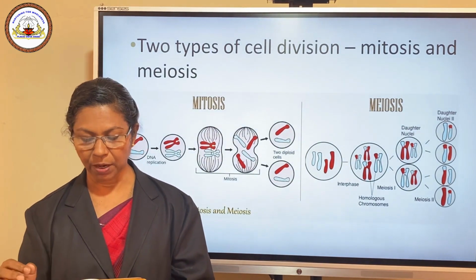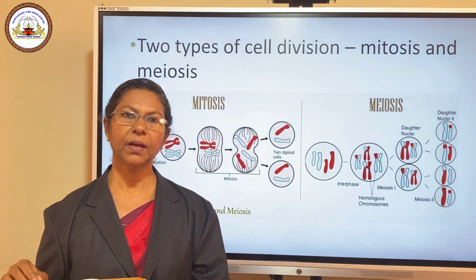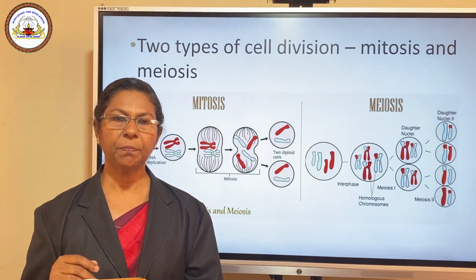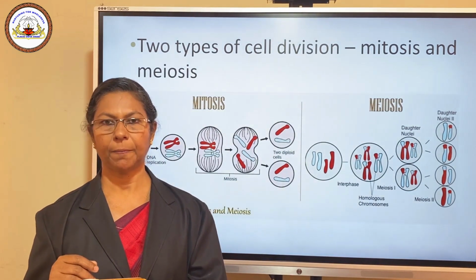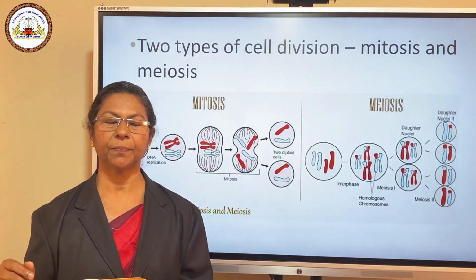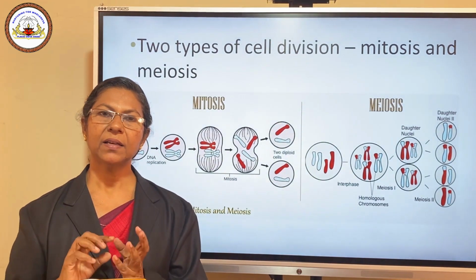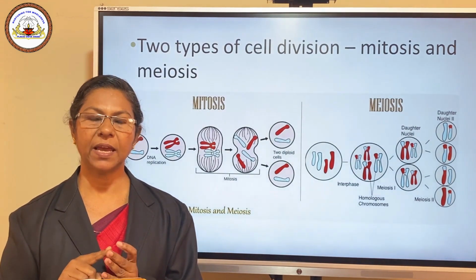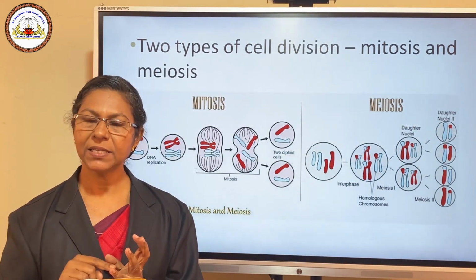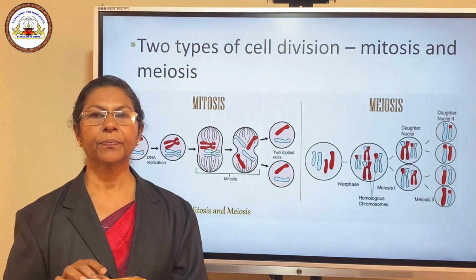Next, we have to study sexual reproduction in flowering plants. What is sexual reproduction in flowering plants? You know that the flower is the reproductive part of an angiospermic plant. In angiosperms, the reproductive parts are located in the flower. In a flower, we can see 4 parts: sepals, petals, stamens and pistil or carpel.